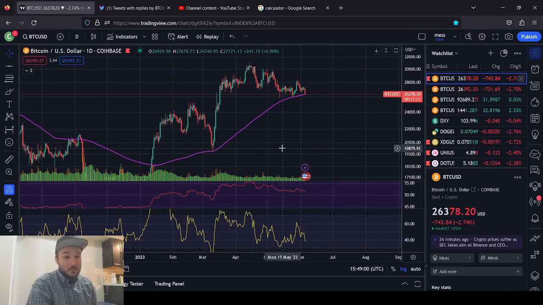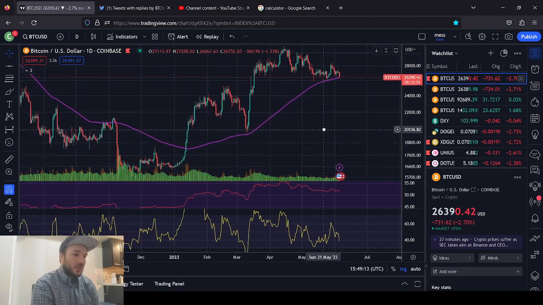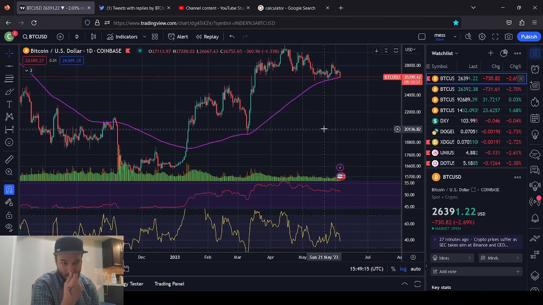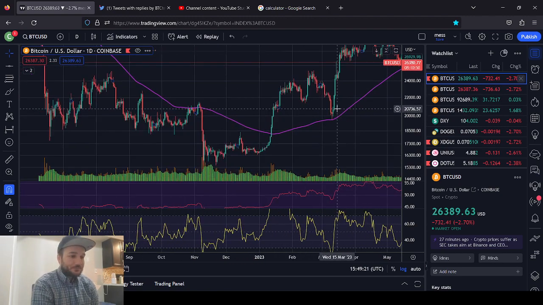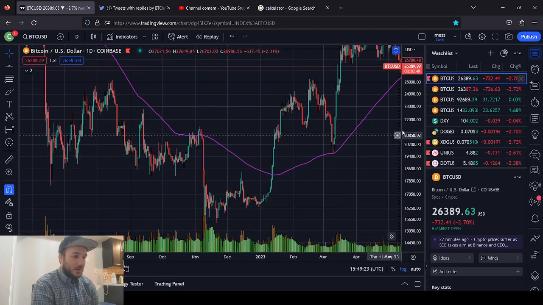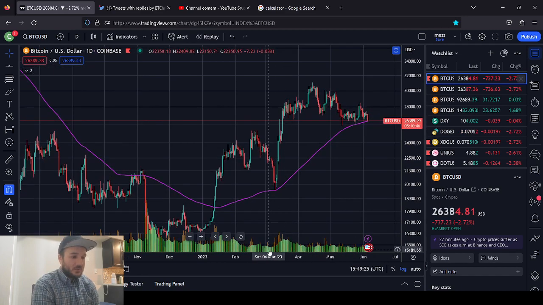We are going to talk about Bitcoin today, and I want to get into something that is useful for me, at least, in identifying trends. It isn't completely how I identify trends, but there's kind of like a checklist, if you will, and it involves this purple line here, this RSI here, and price. So we can see here, on a daily time frame,